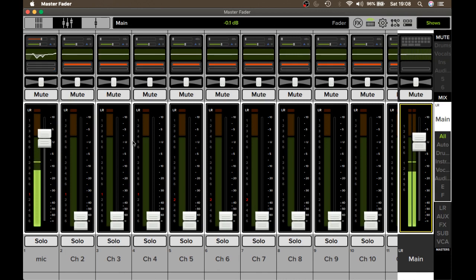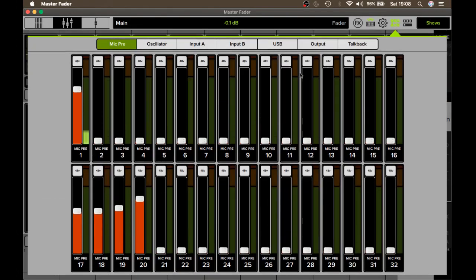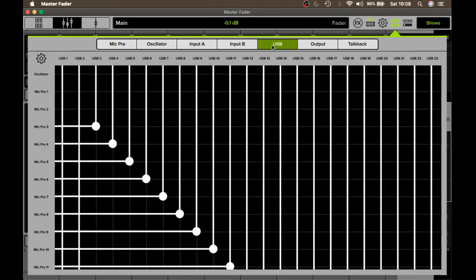So assuming you've got your Mackie DL32, your Mackie digital mixer, whether it's 3216, 32R, or whatever, and you have the USB out connected from the mixer into your laptop. That's the first step. Okay, once that's been done, you're good to go. Now, in terms of setting it up for it to work, the first thing you're going to need to do is set up your routing. Now, how you do that is you come here to the